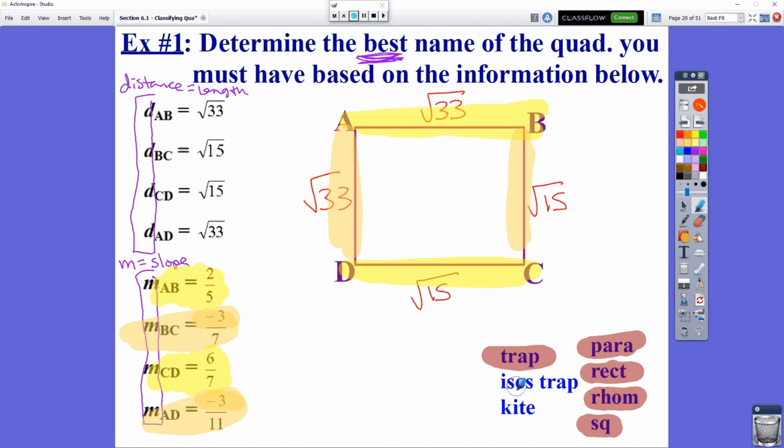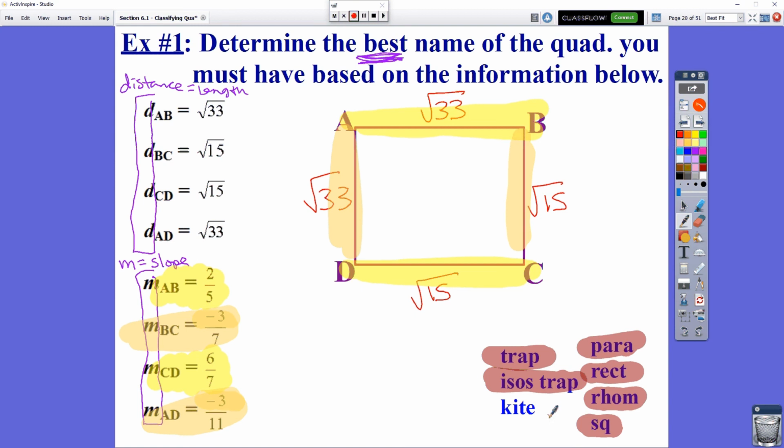And an isosceles trapezoid is a special type of trapezoid, so it gets thrown out. So that leaves us with 2 possibilities. And you might go, whoa, whoa, Mr. G, you've only got 1 left here, a kite. True, but who said this had to be any of these special quadrilaterals? The answer in the end could just be quadrilateral, and you had to look through and eliminate all 7 of